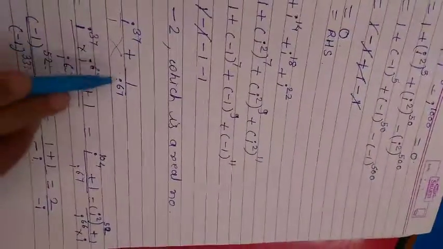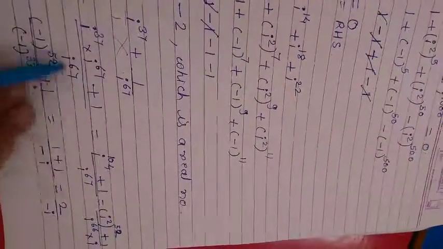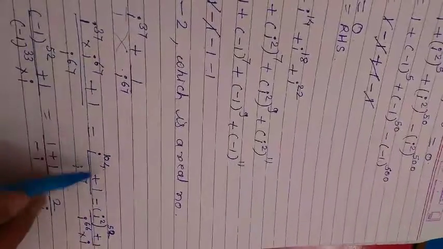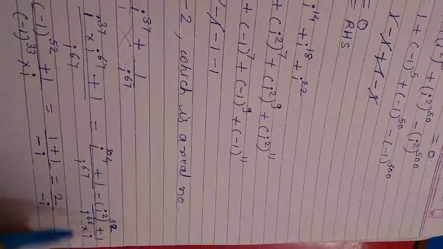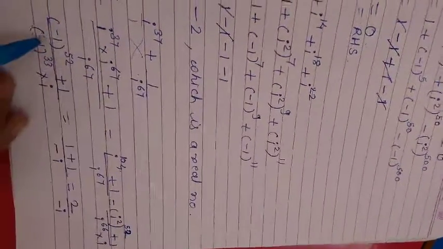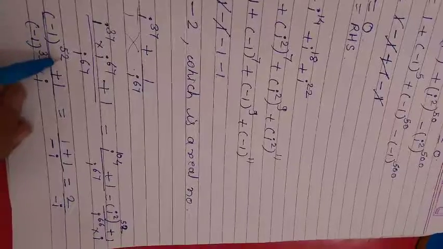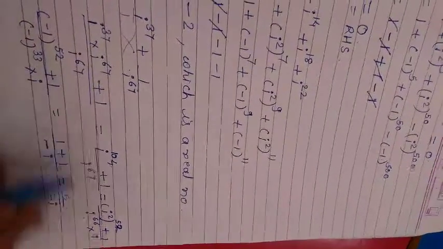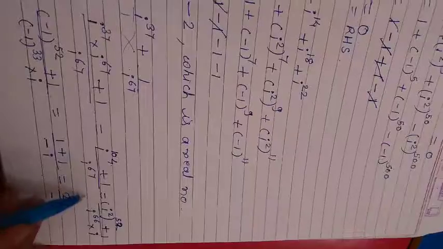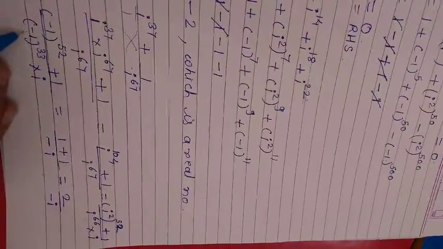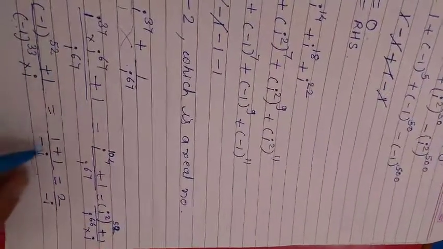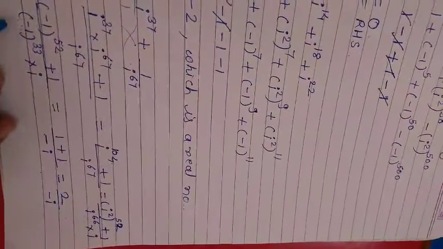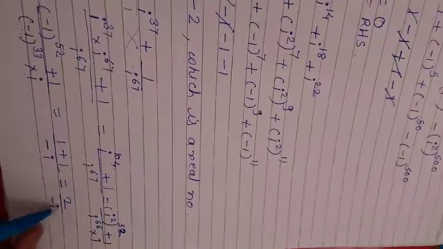So for 37, first we did cross multiplication, +1, i^67, adding these, then 1, then (i^2)^52, this is +1 as it is, this i^66 into i, then in place of i^2, (−1)^52 + 1, we can write 2, (i^2)^33, in place of i^2, (−1)^33 into i. So this is an even power, so +1 will come, so 1 + 1 is 2, below −1 will come and this is i, so −i. So 2 by −i is the answer.